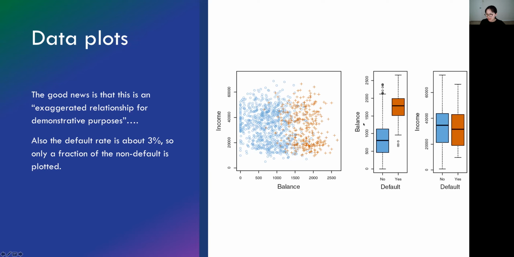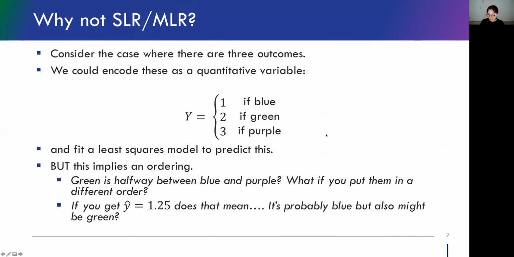It's clearly that a higher balance will result in a higher chance of default, right? But in terms of income, whether it's default or not seems not affected much by the income, just by looking at this box plot comparison, right? Because whether or not being default, they kind of fall in a similar range of income, so not very easy to distinguish in terms of income.